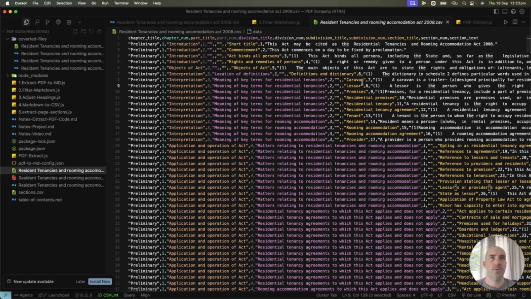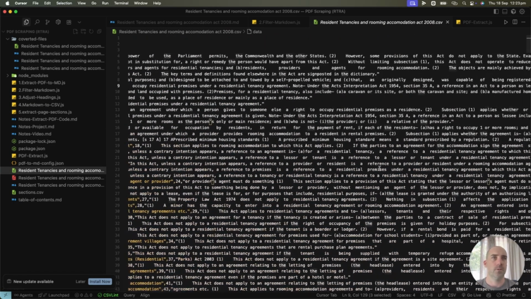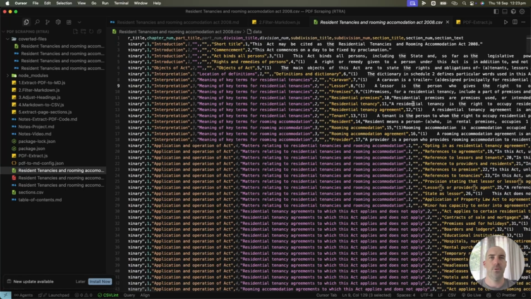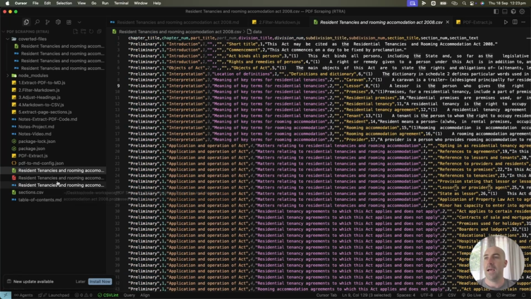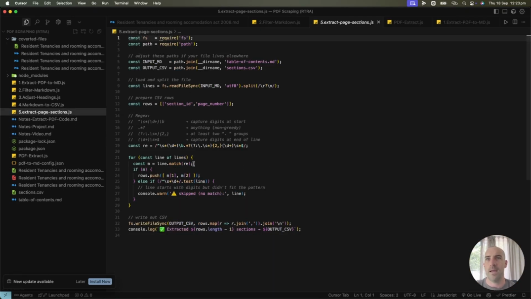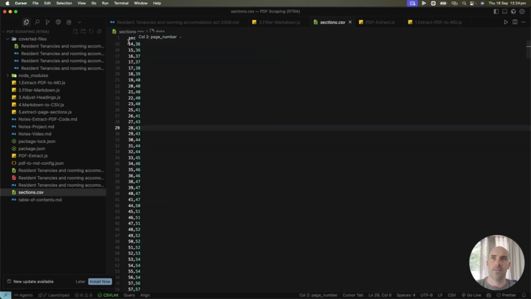But that's how you convert PDFs to this CSV structure. And actually, I didn't mention page numbers. So up here, I've got all the sections I need except page numbers, because I removed the page numbers to get just the raw text. And then I had another extract page, which I'm literally just using regex to get the page numbers, and I'm creating another CSV here,